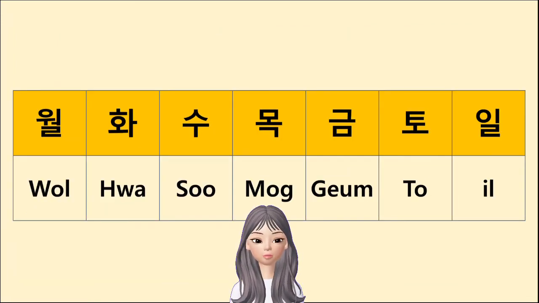In short form, we just take the first syllable of each day and say 월, 화, 수, 목, 금, 토, 일. Again, 월, 화, 수, 목, 금, 토, 일. There's also a song that expresses how we feel the length of each day. As weekdays, especially Monday, seem really long, whereas weekend is super short, the song goes like